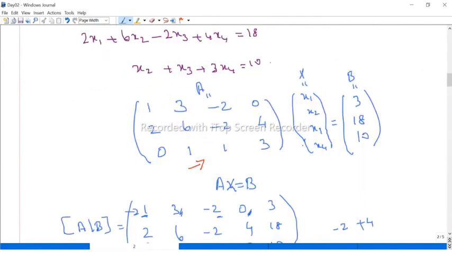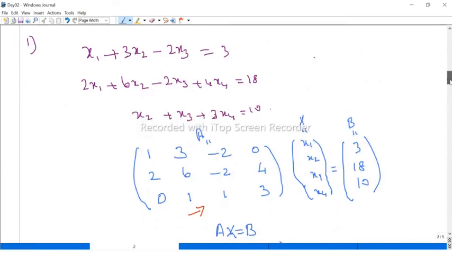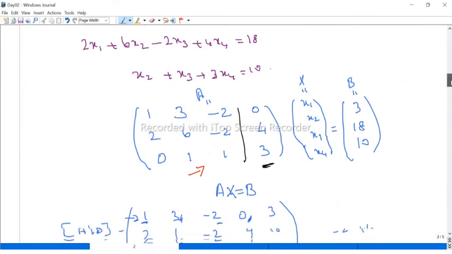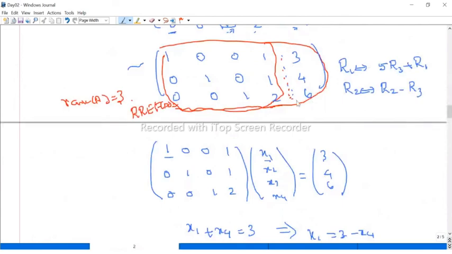Based on the theorem, what is the rank of A, and what is the rank of the augmented matrix? This is matrix A, up to the first columns. First you find the rank of A, and then augmented means you join this column. So what is the rank? If you use the first definition, you have to find the number of linearly independent rows. Otherwise, you can use the row reduced echelon form. Finally, we found this row echelon form of the augmented matrix. If you take only the first four columns, that is the rank of A. So here we have 3. Rank of A is 3.